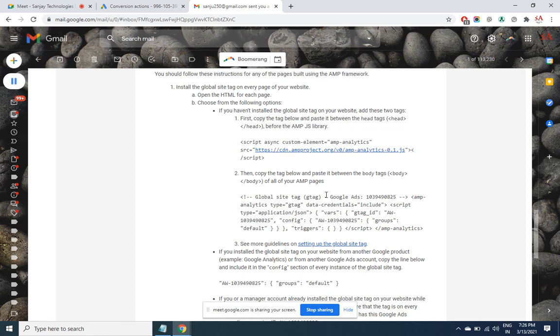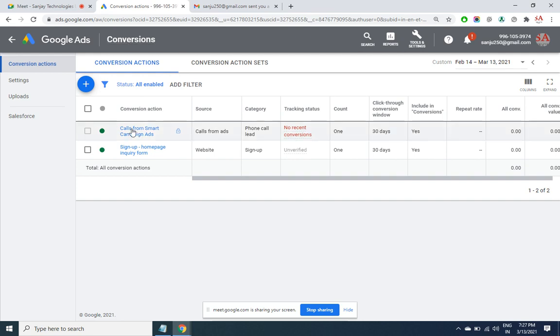A responsive theme means the site is the same as it is, and the elements get rearranged and resized. But in an AMP based website, the look and feel of the site is entirely different. Separate design code is required for mobile. For responsive, you don't require separate code, you just require one or two lines to get the user's screen information and arrange the elements accordingly. So if it is an AMP based website, you'll have to do the same thing for AMP pages also. Then if conversions are coming from mobile, it will be able to track them. But if you yourself are a developer, then you can directly get the code.